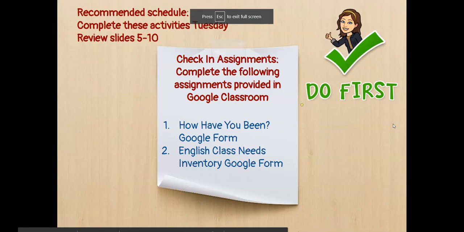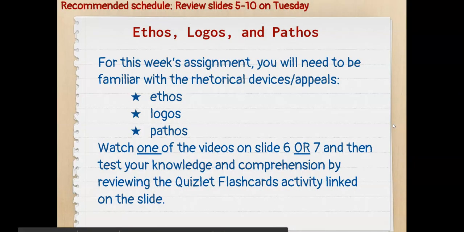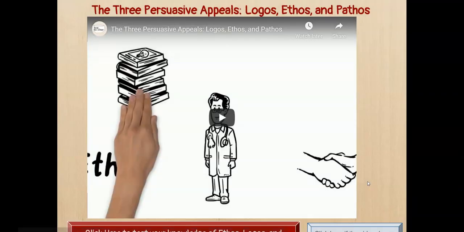Next thing I ask you to do for Tuesday is to review slides 5 through 10. And again, they cover literary terms that will be the focus of the assignment you're going to be doing on Wednesday. So hopefully you remember some ethos, logos, and pathos from last year. If not, that's okay, because you'll note here on slide 6 or 7, I provided a video that I'd like for you to review. After you choose the video on 6 or 7, there's also a Quizlet activity attached where you can test your knowledge of those terms. So either watch this video here